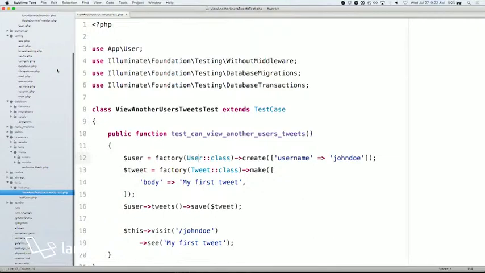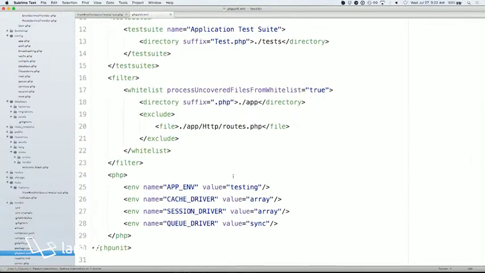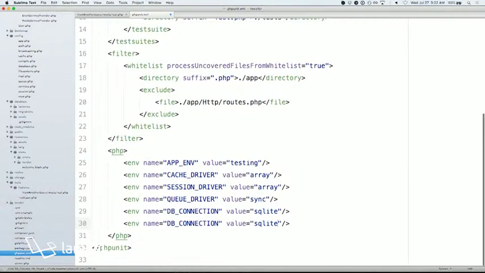Well, I like to use an in-memory database whenever possible, like a SQLite in-memory database for tests. Sometimes you outgrow it, but as a starting point, I think it's a reasonable thing to try. And the way that we can do that is by adding a few environment variables to our PHPUnit configuration. So down at the bottom here, we can say DB_CONNECTION should be sqlite. And then our DB_DATABASE, which is usually the file name where you want this SQLite file stored. If you use colon memory colon, it's just going to create one in memory at the beginning of every test that's not actually saved anywhere, and just discard it at the end. So if we run these tests again,